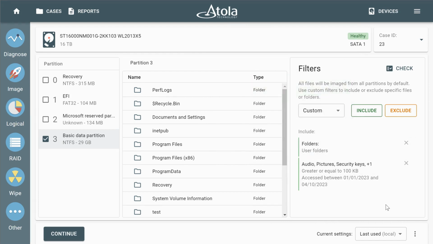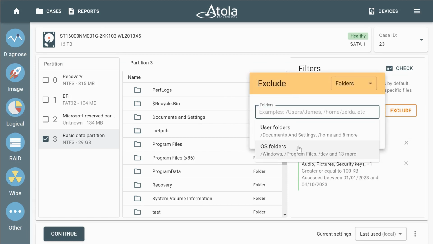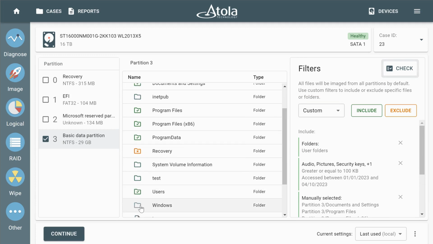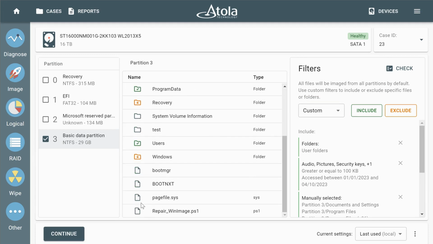Now, let's exclude some folders from our selection. For example, we don't need operating system folders. On top of that, we can include or exclude files and folders manually by clicking on their icons. 1 click includes, 2 clicks exclude file or folder. Once we're happy with our filters, we can check how they actually work and maybe adjust them before starting the